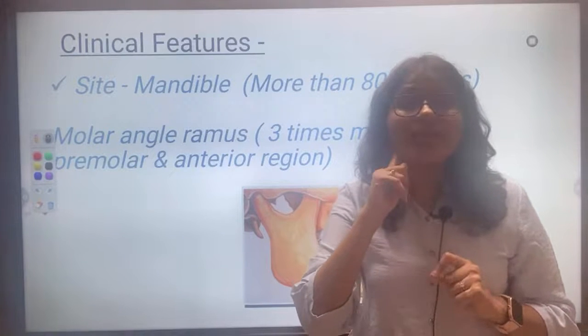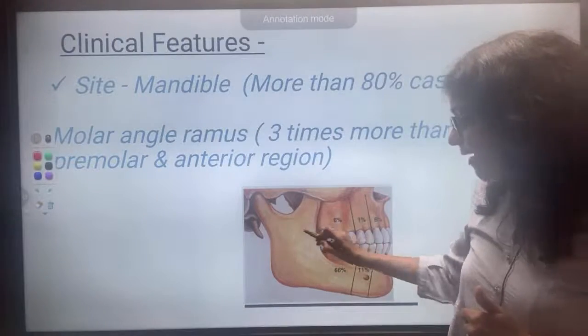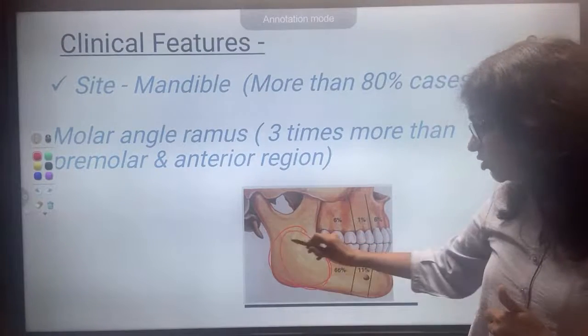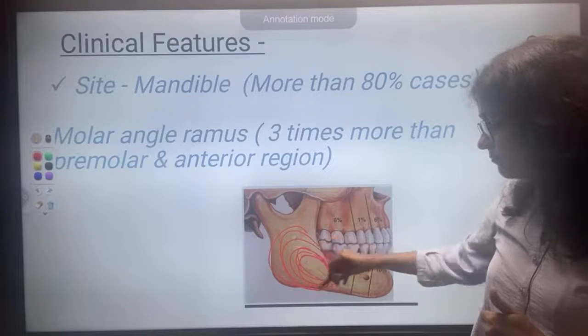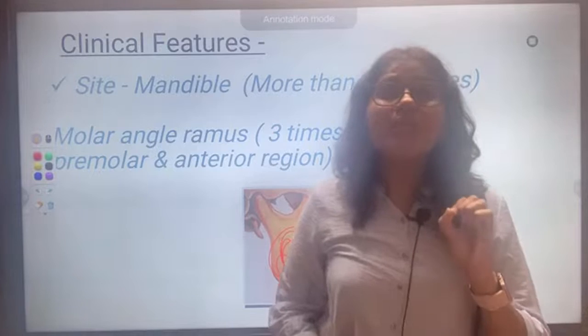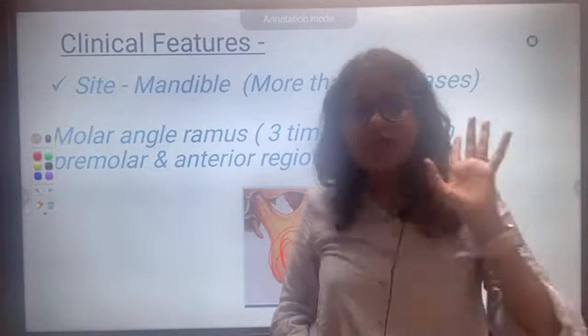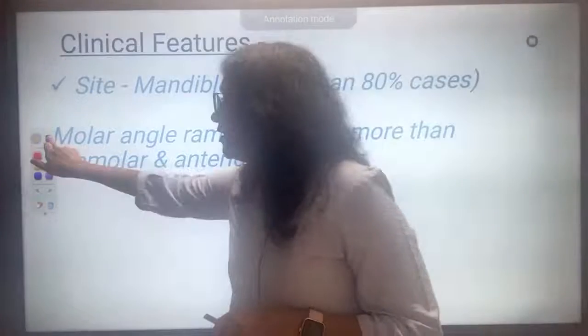So ramus angle area. So what you will remember in this? You will remember mandible, and in the mandible also, the third molar area or angle ramus area is the most common area for occurrence of an ameloblastoma. Remember, only 1 point for site of occurrence. Okay. Then